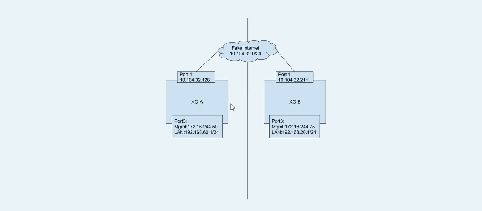So here's the network diagram. On the WAN side, you're going to be on the 10.104.32.0/24 network, .128 on one of the XGs and .211 on the other. Those are the WAN addresses. And then on the LAN, I'm connected through the web admin on each through this management IP network,